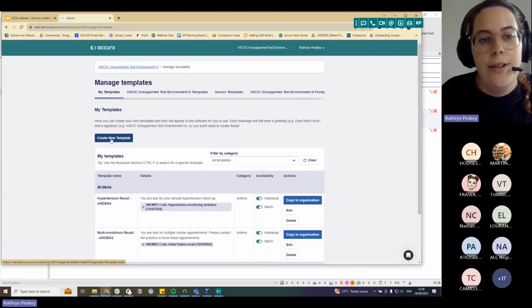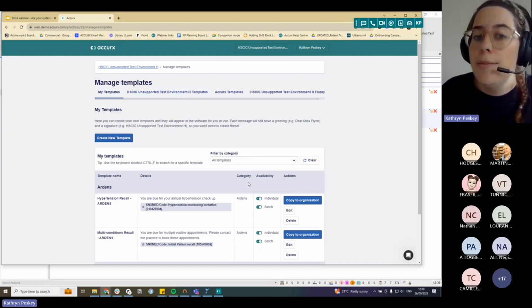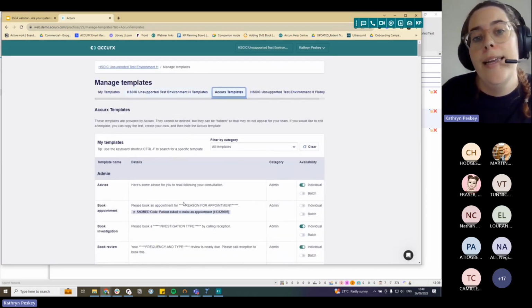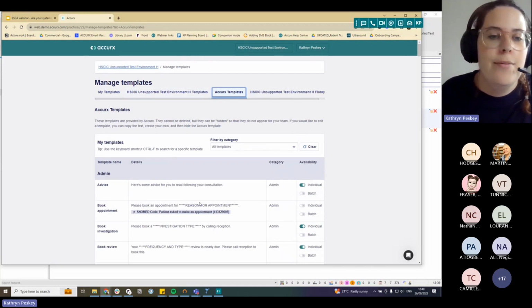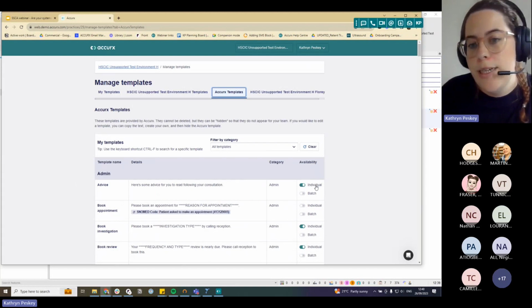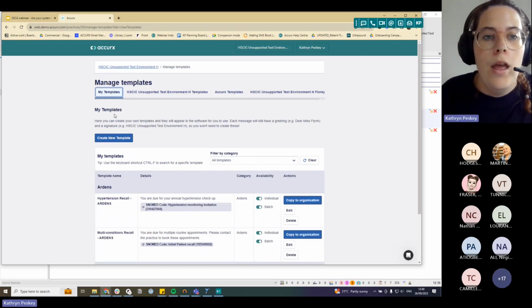To create a template, all you need to do is click on this button here. But it's worth noting you will have a tab for your own templates, so templates that you personally have created, templates that someone else in your practice has created, which are accessible for everyone in the practice, and templates that have been created by Accurx. You'll be able to scroll through all of these and you can either have them available for individual messaging only, batch messaging only, or for both. But if we go back to creating a new template,